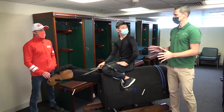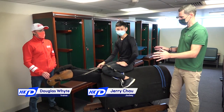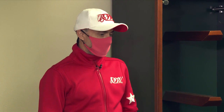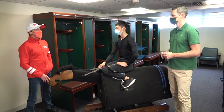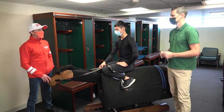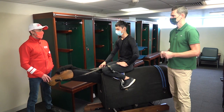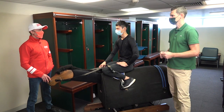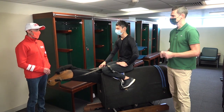All right, before we actually see it in action then, Douglas, tell us a little bit about what it is, how it works and what you'd use it for. Well, it's a great tool from a jockey's perspective. Gets you very fit. If you haven't ridden one, you wouldn't quite understand it. But when you get on it and you get the feel of it and learn how to use it, it's a great tool. And I would challenge anybody who thinks they're fit, if they can ride this for a certain length of time, they'll understand